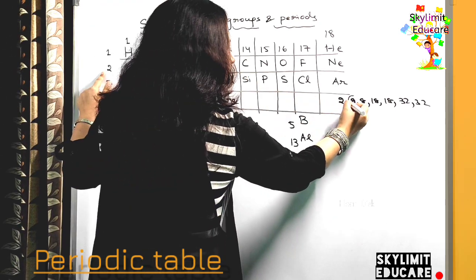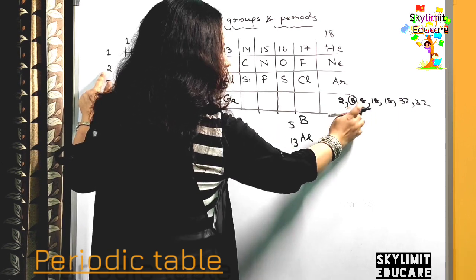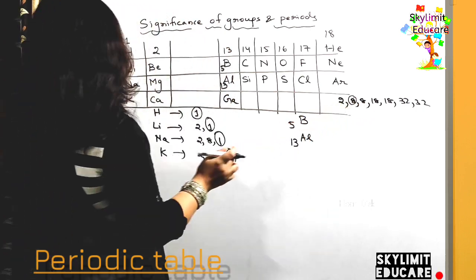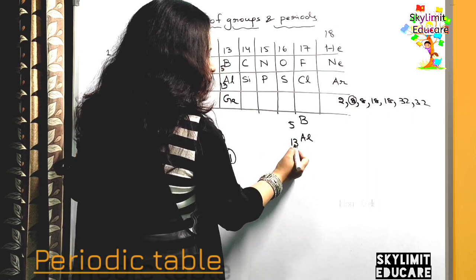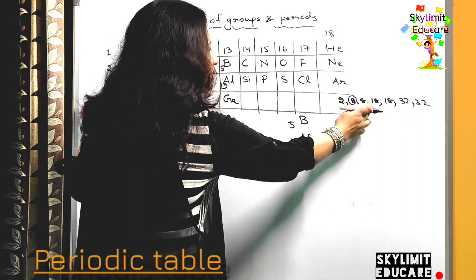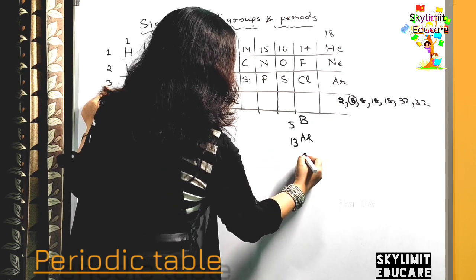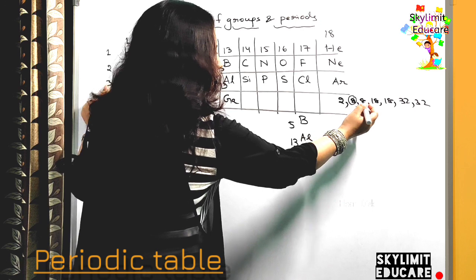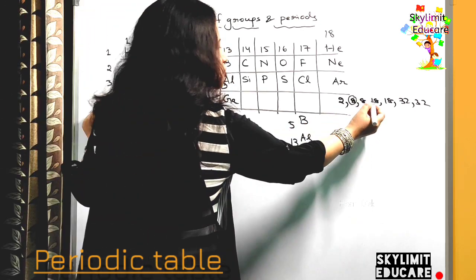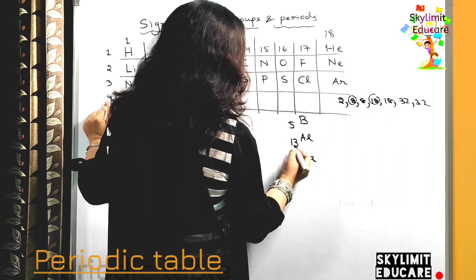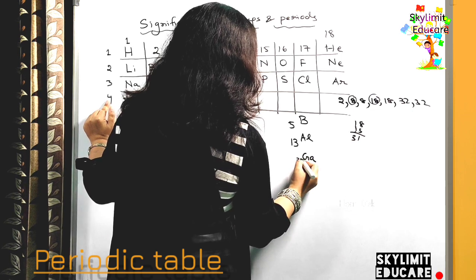Now in order to obtain the next element, aluminium, you are going to add. Aluminium belongs to the third period. So you add 8. 8 plus 5, you got 13, right? Now in order to get the atomic number of the element below aluminium, which is gallium: gallium belongs to the fourth period, so you have to add 18. 18 plus 13 will give us 31. So the atomic number of gallium is 31.